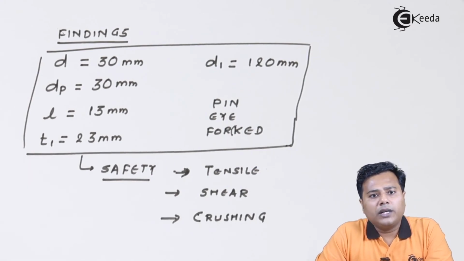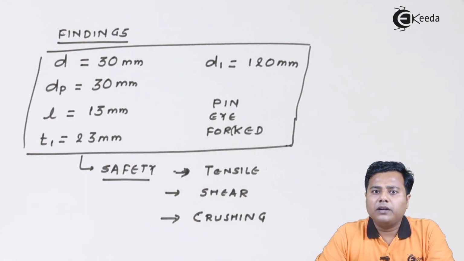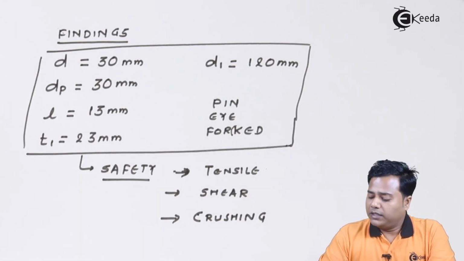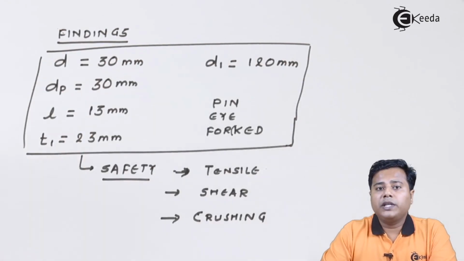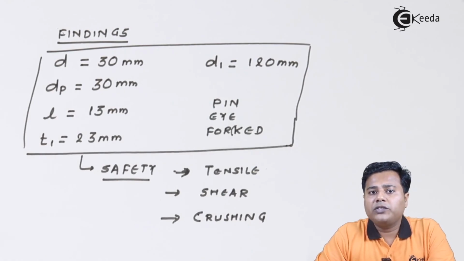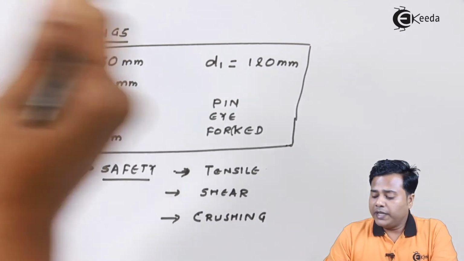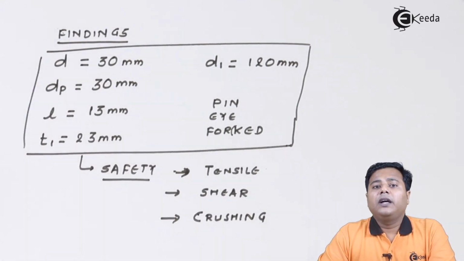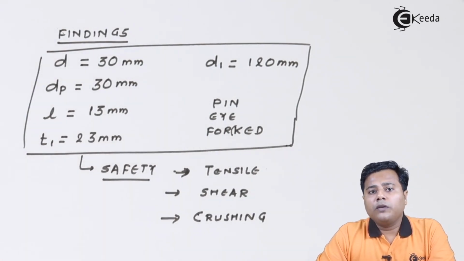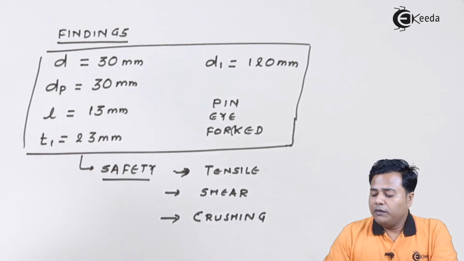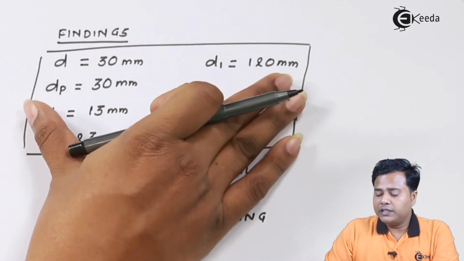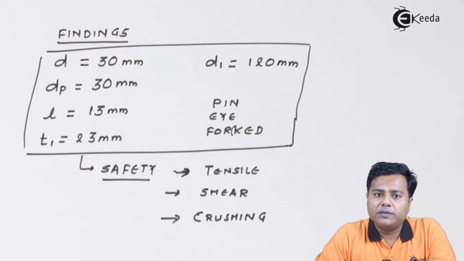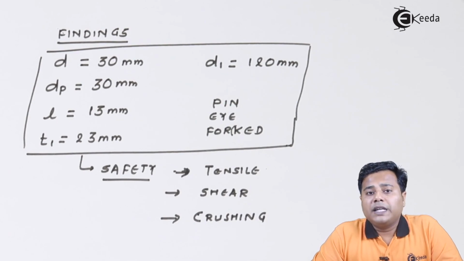Now let me tell you another thing, which of course is not part of our syllabus, but after finding out these values, there is a possibility for optimization of this value. That means we can change this value slightly to save the material, and in that case also all of them will be safe. But since we are not going into the in-depth calculation of design, for our case, this is the sufficient design parameters. So this was the problem on design of knuckle joint.